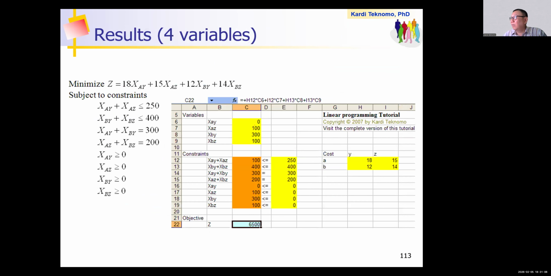You type the name of the variable, then put 0 or whatever number first. The one in yellow is the one that you input. And these are the costs, so you input this also.